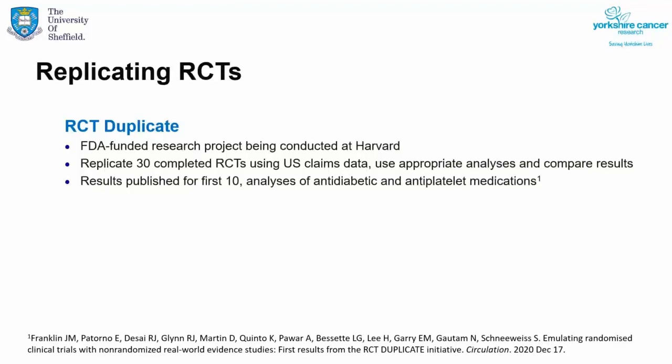So one important application of this type of approach is the RCT duplicate study, which is being funded by the FDA in the US and being conducted at Harvard. This project involves replicating 30 trial RCTs using US claims data, applying the eligibility criteria from the RCTs to the observational data to try to match up, and using appropriate analytical methods, G methods, to control for confounding in an appropriate way, and then comparing the results to those from the RCTs to see if the analyses seem